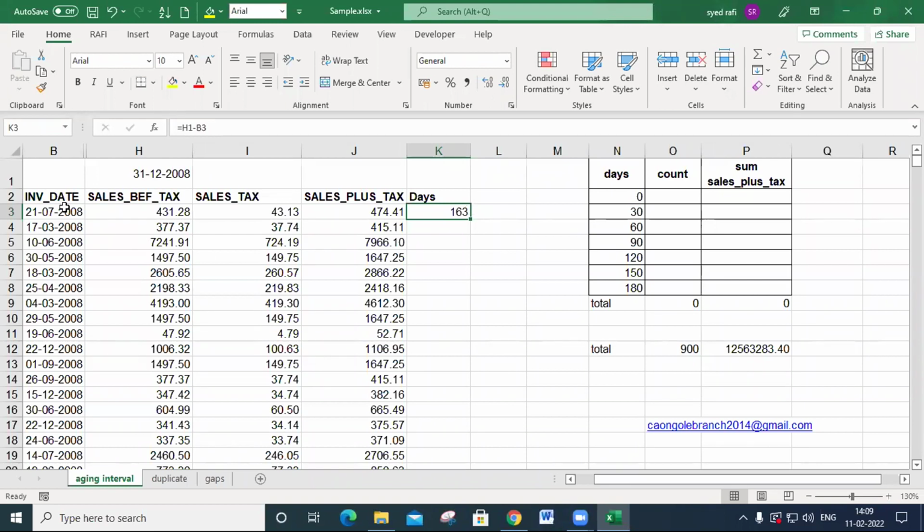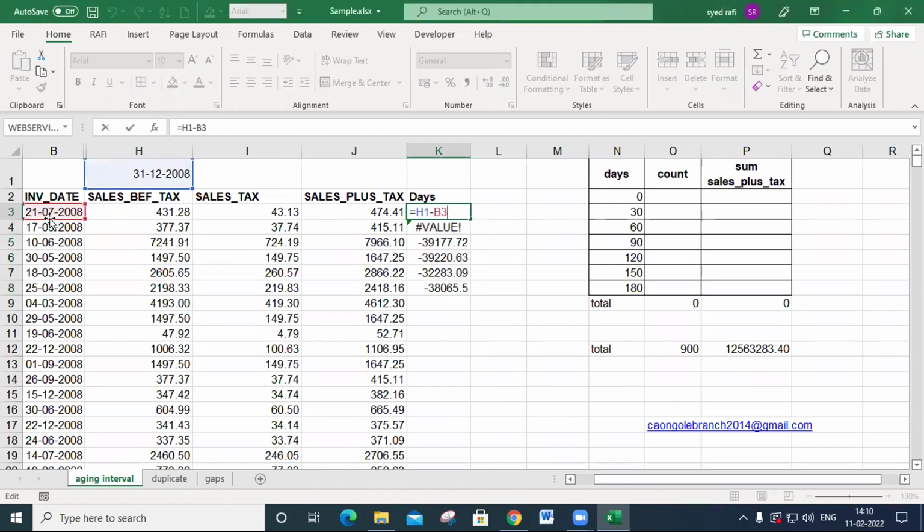Okay, it's very good. So you may concentrate here while I drag. What happened? While I drag like this, it causes a problem: error values will be displayed. So what happened? The first value is correct, because the cell reference is correct.